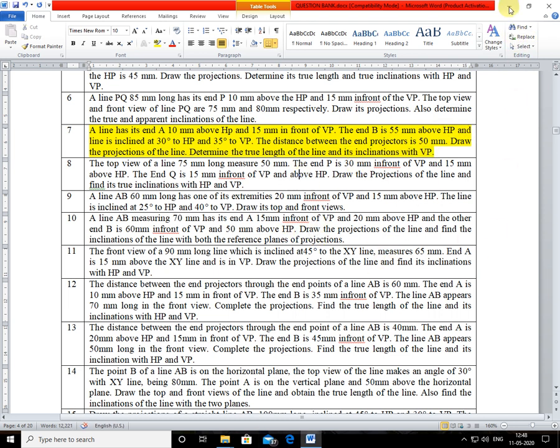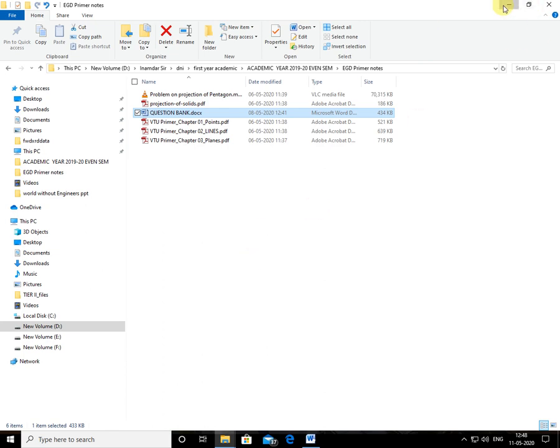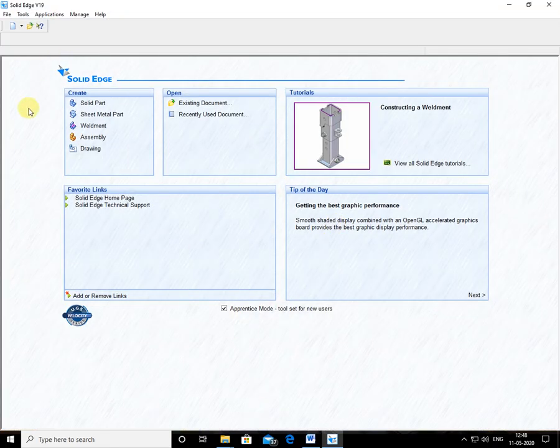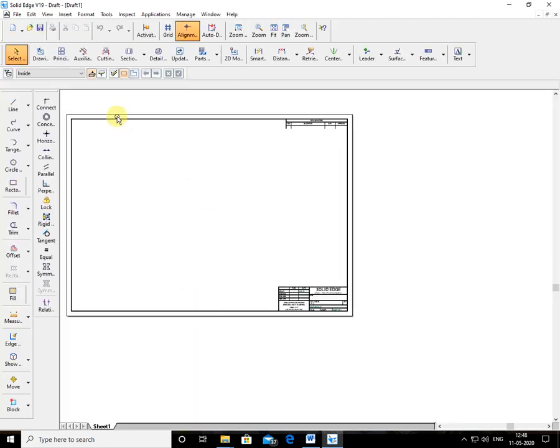Now I'll start the Solid Edge software. As all of you know, double click on the icon. It's version 19. You get a main page; click on the drawing command. By default you get an A2 size sheet with borders and nameplate.